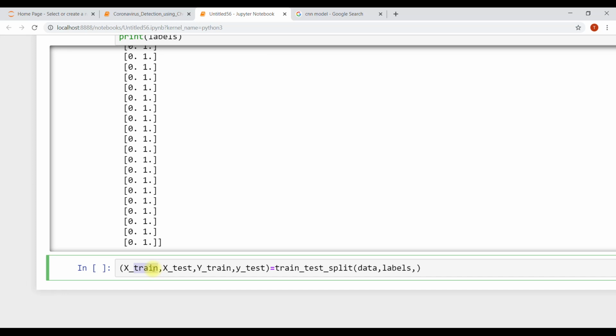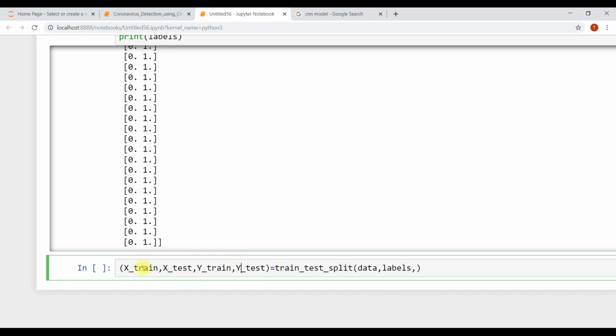X train is the image data, and its label is Y train. X test is the testing image data, and its label is Y test. You can name it anything.